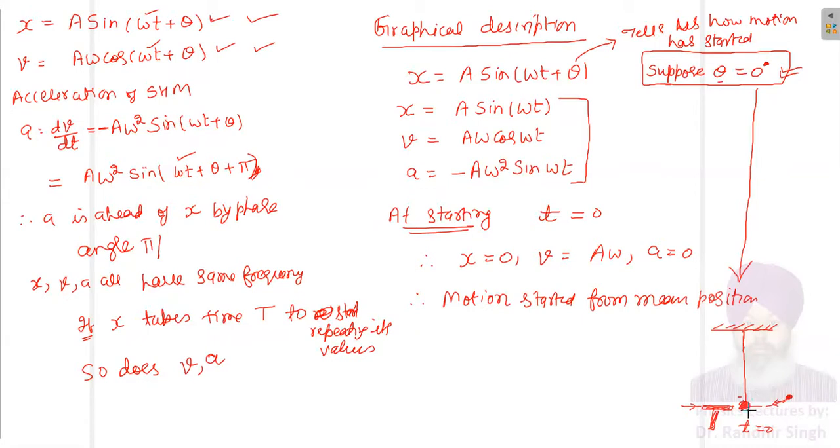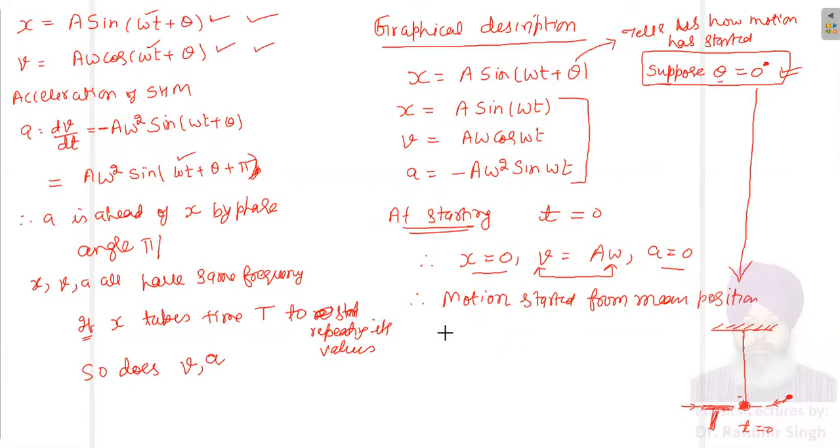So this is the meaning of theta is equal to 0. Whenever theta is equal to 0, please remember, then x will always be equal to a sine omega t. A sine omega t represents a pendulum starting from mean position, and whenever a pendulum starts from mean position, since it has to move, it has to go somewhere. So in this case its velocity cannot be 0. So at mean position x is obviously 0, a is 0, but v is not 0.